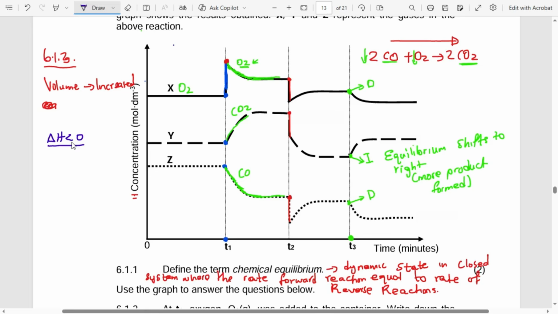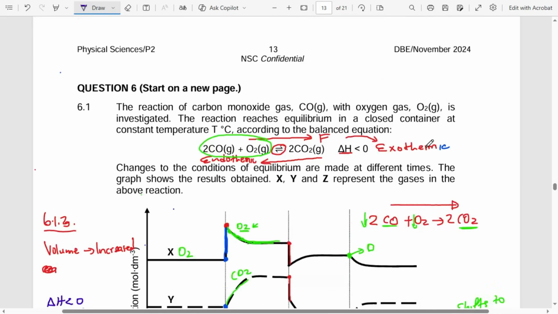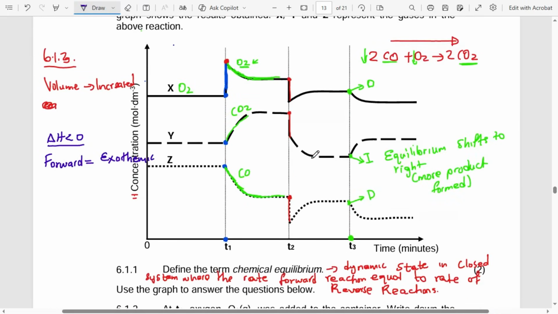So since delta H is less than 0, the forward reaction is exothermic. You can see that's what we determined when we started the session. So what happens? Remember, lowering temperature